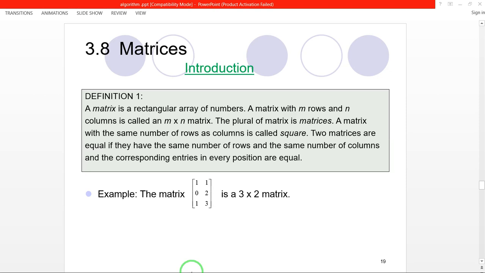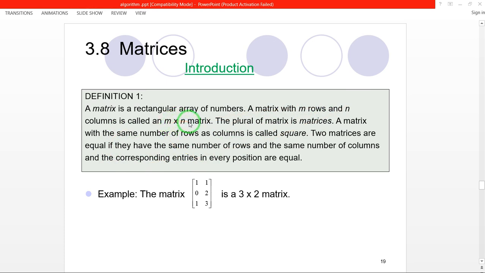So today we are going to study about matrices. A rectangular array of numbers is called a matrix. We have two things in a matrix, rows and columns. Rows are represented by m and columns are represented by n, so we can write it as an m cross n